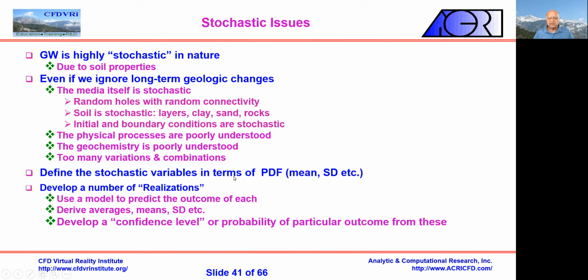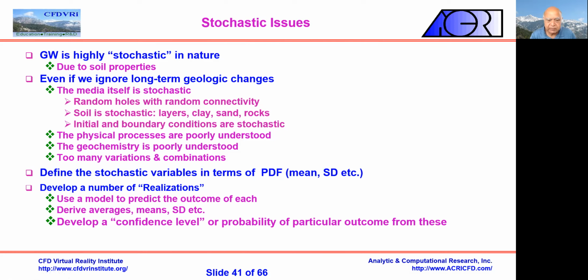So with all these stochastic variables, we say we don't have a conductivity, we have a PDF for conductivity. We know what it might be with some certainty, okay? We have a probability distribution function. We have a mean, and we may have a standard deviation, but we don't know the exact value. So we have to use the best value. Quite often, we just use the mean. And quite often, we use the geometric mean in this situation because the situation is random. So typically, if you want high confidence, you have to do a number of realizations.